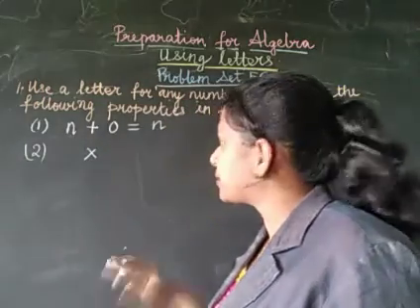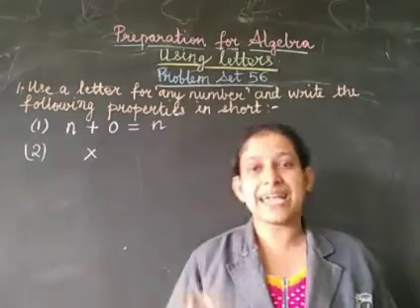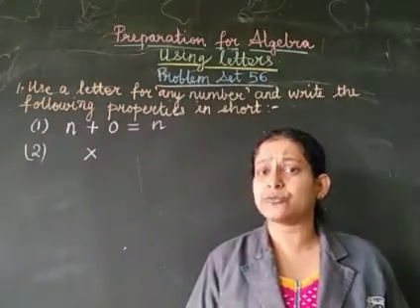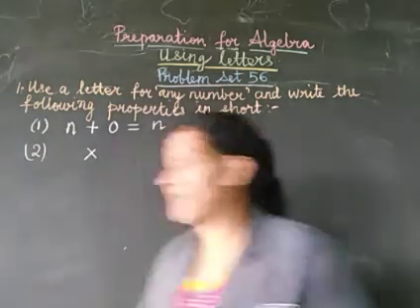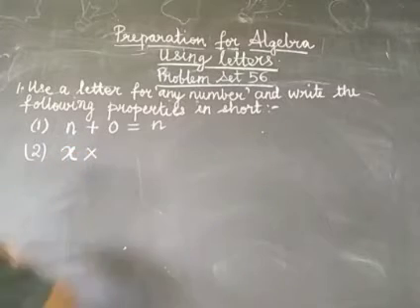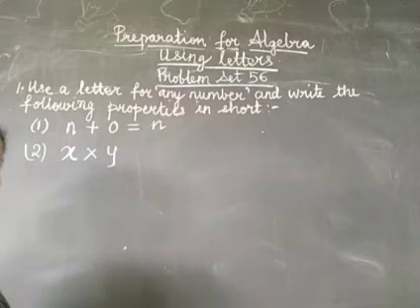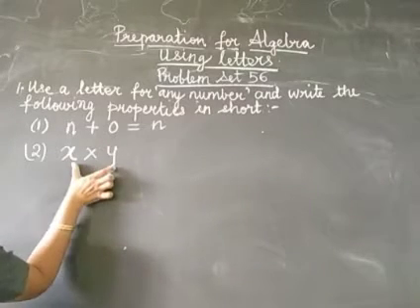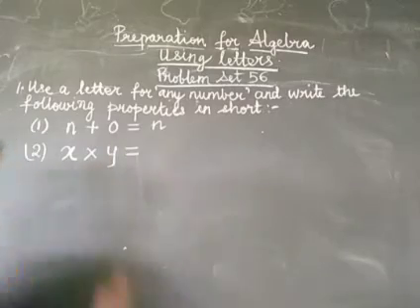Let's write first. Let those two numbers be x and y. You can take any letters, fine. So the product of any two numbers, that is x, and the second number is y, is equal to,